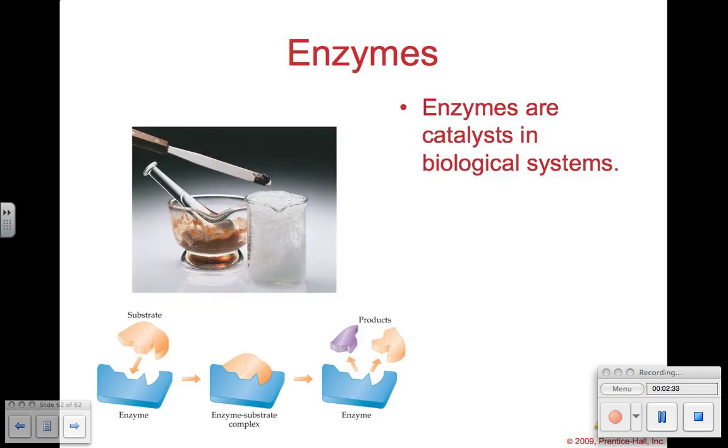Now, our bodies are full of catalysts because a lot of chemical reactions occur in our bodies, but we need to maintain a relatively normal temperature, where most reactions without a catalyst would require a much higher activation energy for it to go forward. So an enzyme in your body is utilized to basically make reactions go forward at much lower energy requirements,